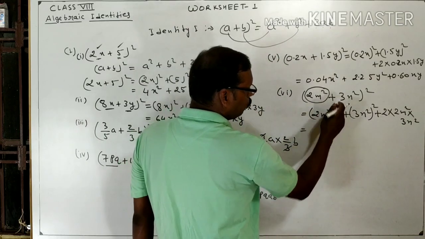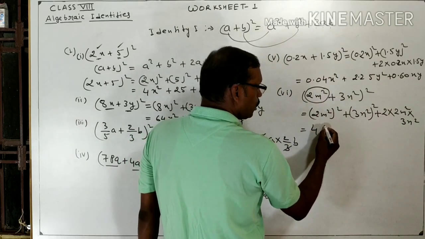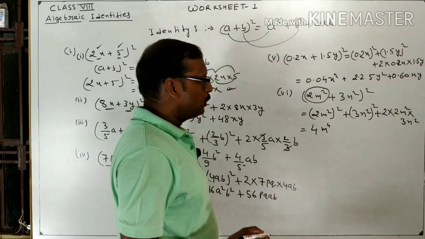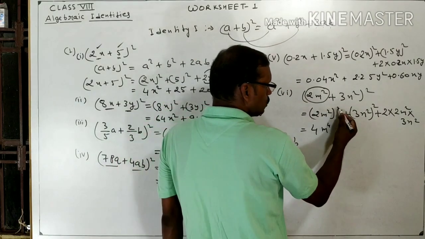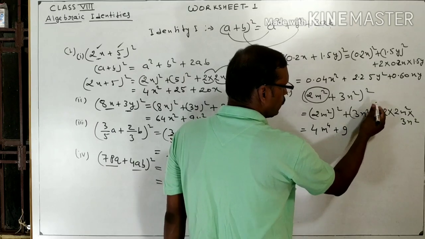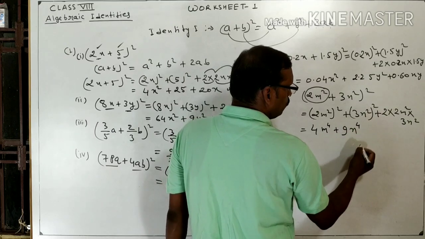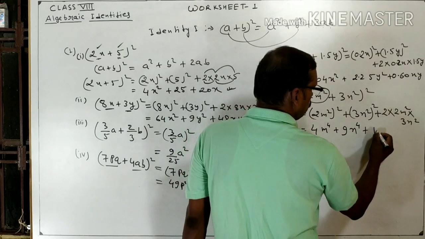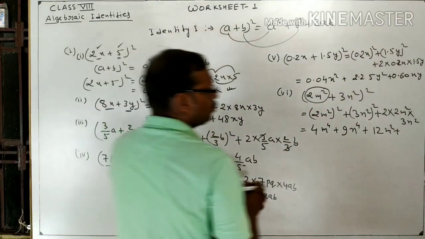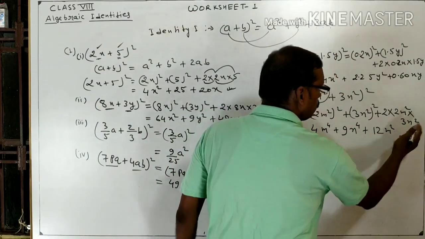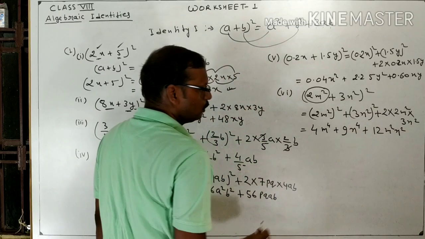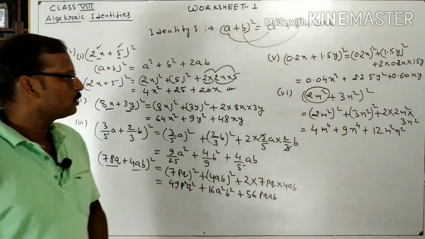After solving we get 2 square is 4, m to the power 2 into 2, which is 4. We have already studied in powers and exponents that powers are multiplied. Then 3 square is 9 and n square squared, so it becomes n to the power 4, plus 2 into 4 into 3 is 12, m square n square. Write down m square n square, it is the product. So this is the solution of question number 1.